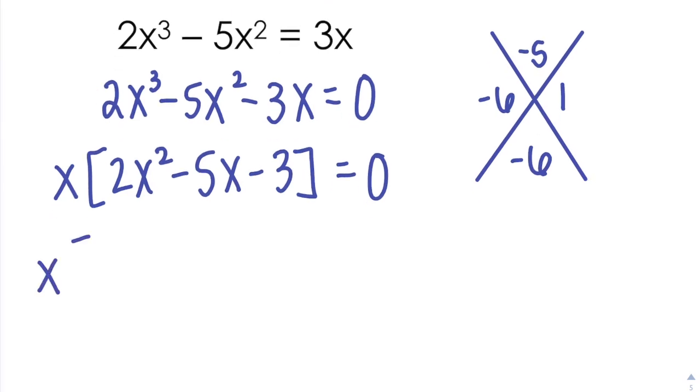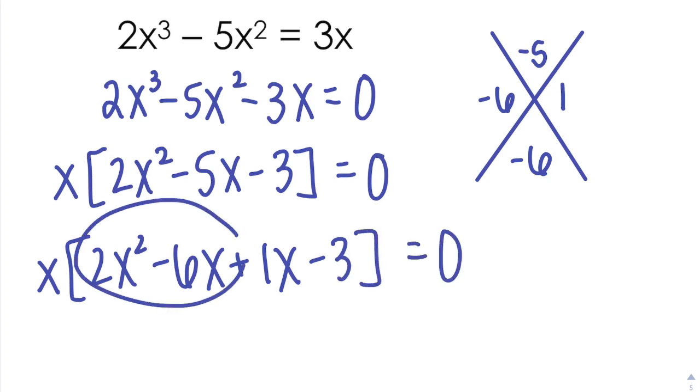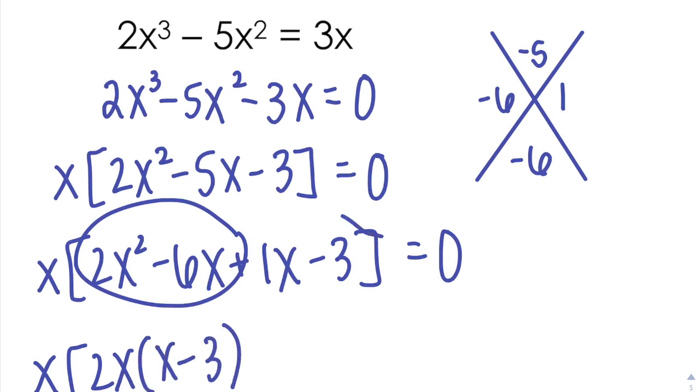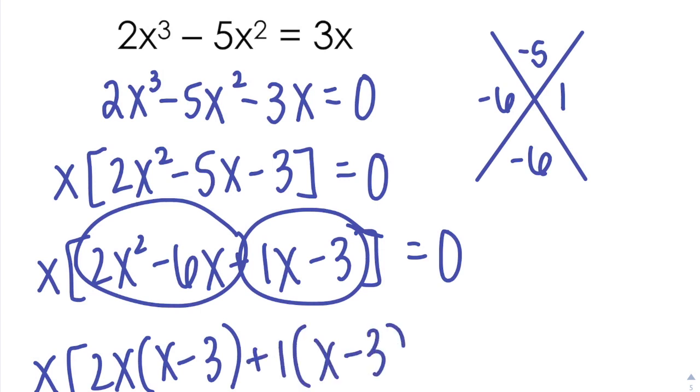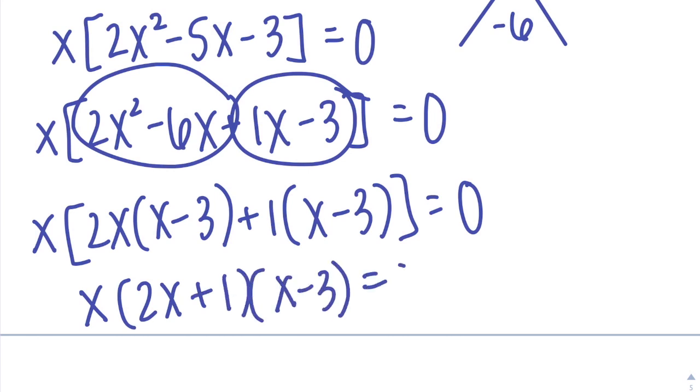So now I'm going to break up that middle term, and then I'm going to group it. Taking a look at the first half, I can take out a 2x, and I'm left with x minus 3. Out of the second half, I have to take something out. I'm going to take out a 1, and I'm left with x minus 3. So in factored form, or intercept form, I get x times 2x plus 1 times x minus 3 equals 0,